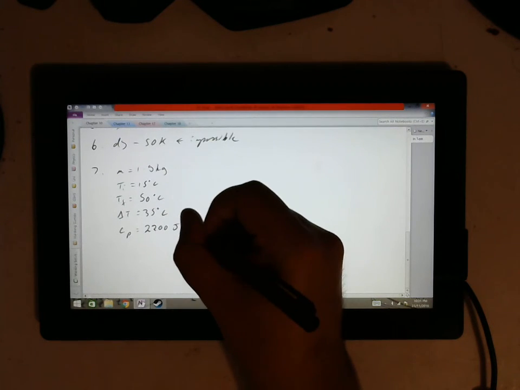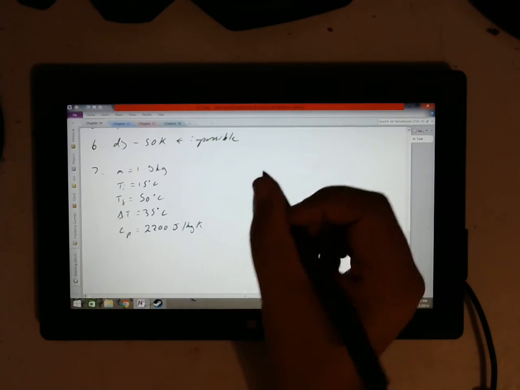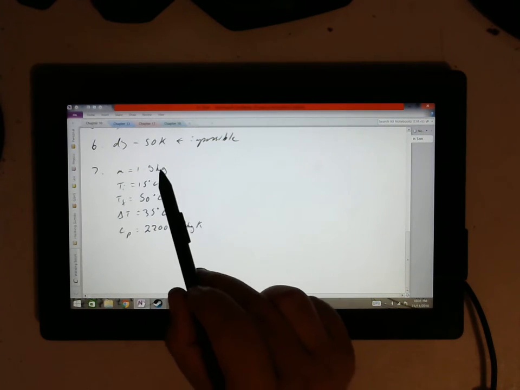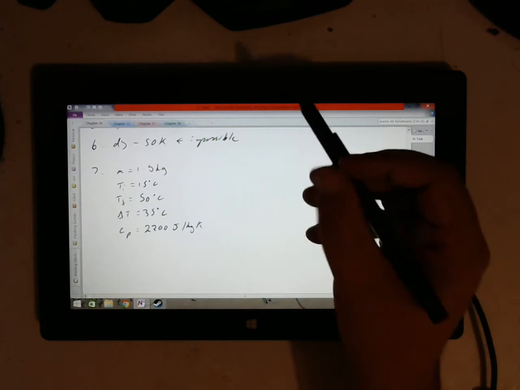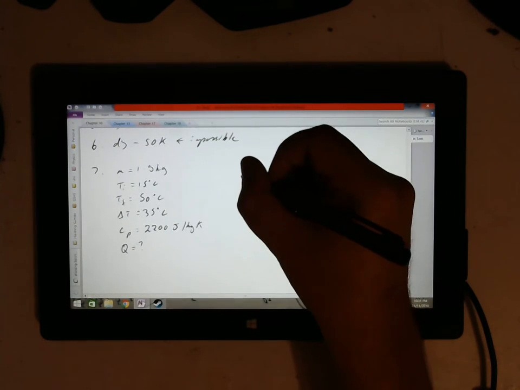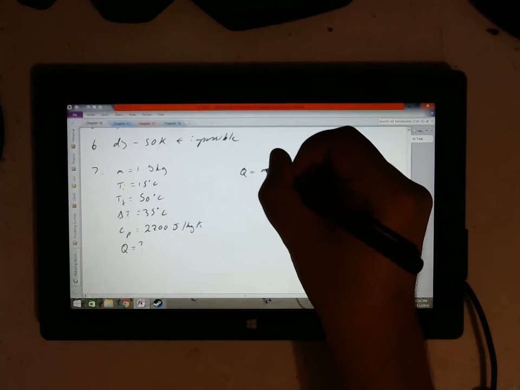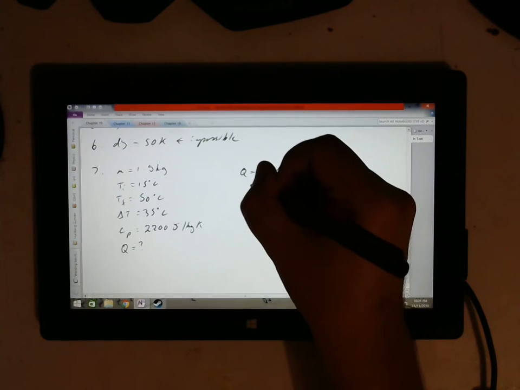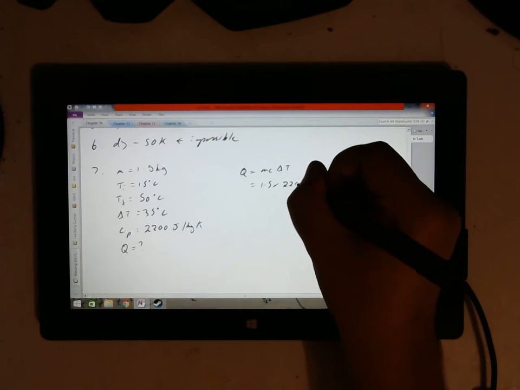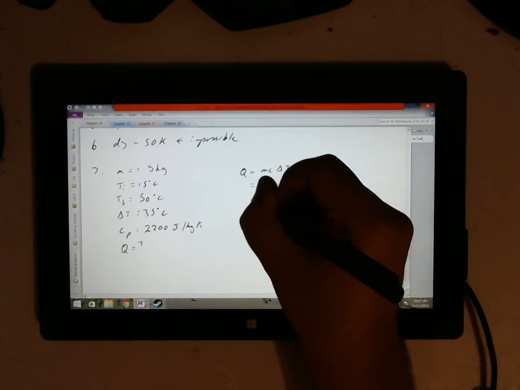2200 joules per kilogram Kelvin. Do be careful with the kilogram bit. You want to make sure your mass matches up for it. And we're asked what is the energy needed, so Q equals MC delta T would equal 1.5 times 2200 times 35